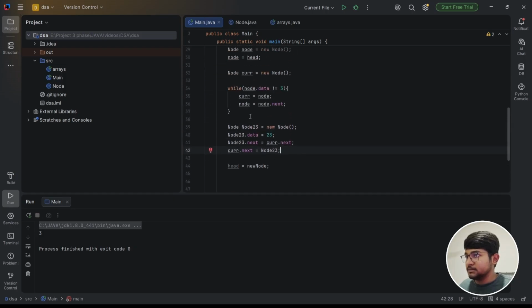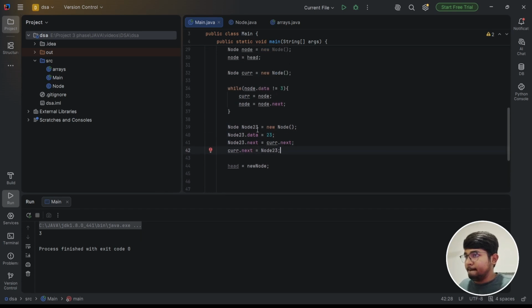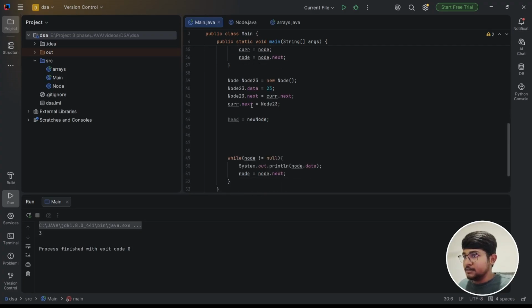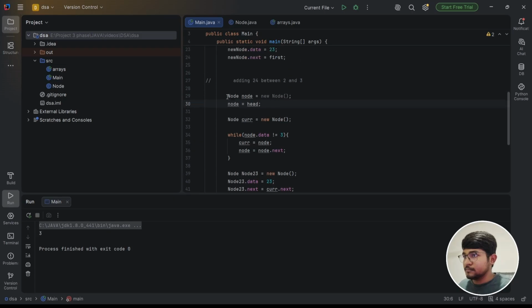What just happened? Okay, let's debug it. Node is equal to new node. We have created this new node, and node is equal to head. Okay, that part we have done. So that's the problem here. I need to make it node 1. See, they are using the reference here itself, right? So node 1,